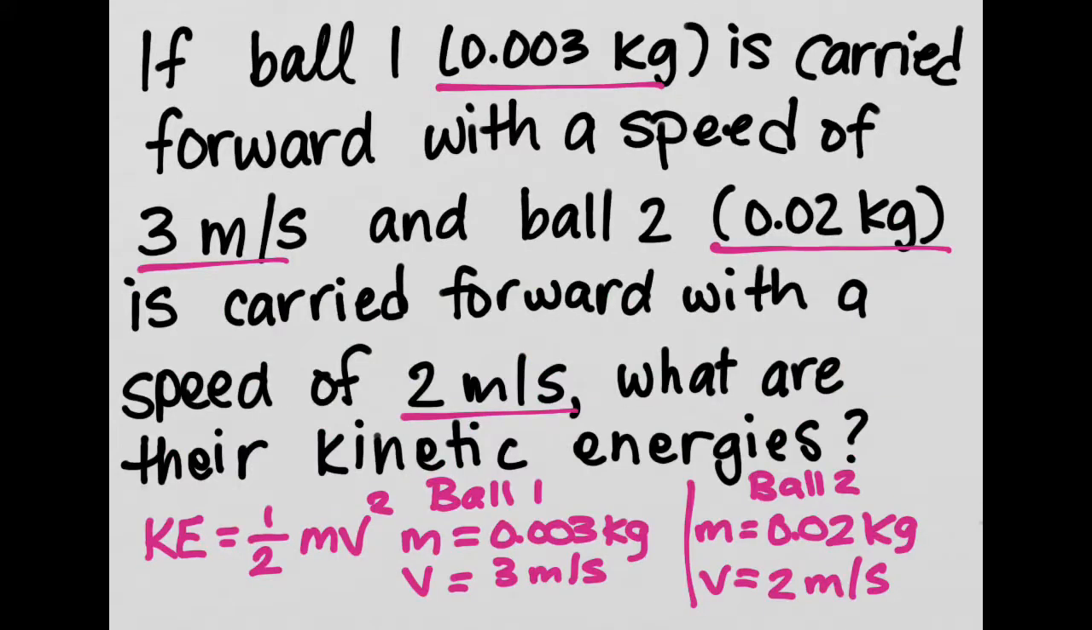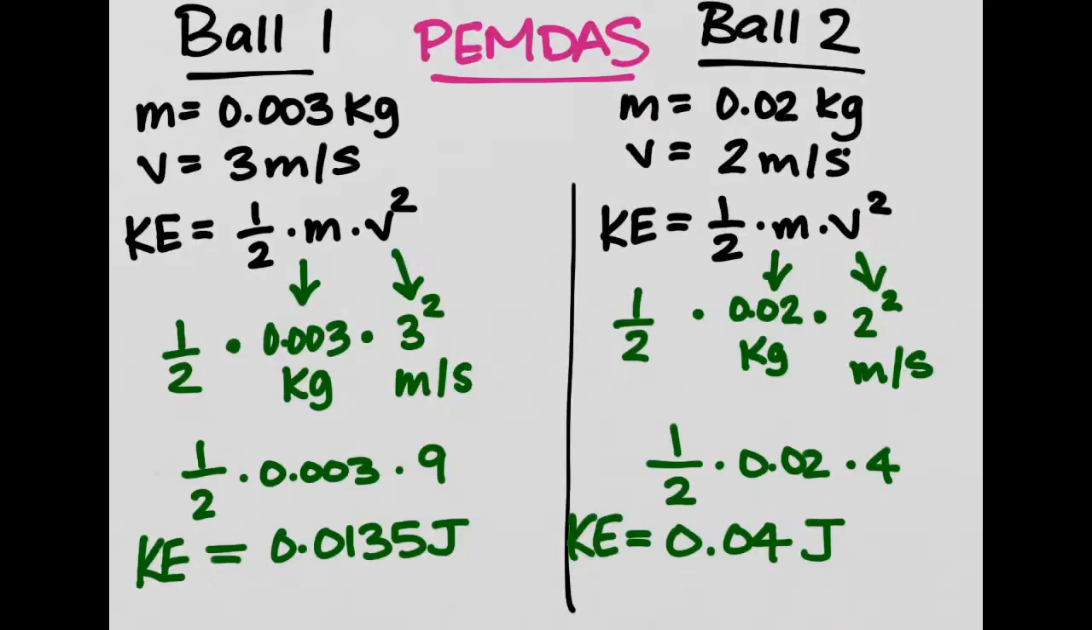The last thing I'm going to do is make sure that I'm answering the question properly. The question didn't ask me to compare them. It just asked me straight up, what is the kinetic energy of each? So knowing that, I just go ahead and round up or round down as needed. And with that, I come to the conclusion that the kinetic energy of ball 1 is 0.01 joules and the kinetic energy of ball 2 is